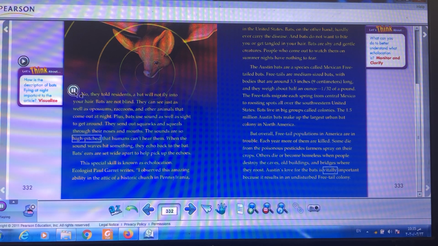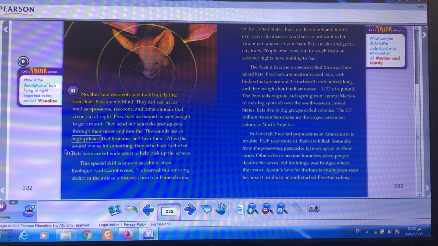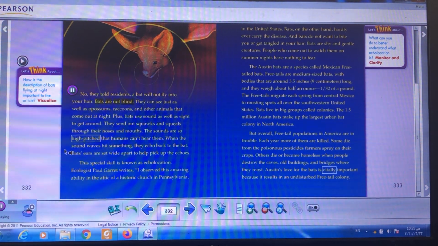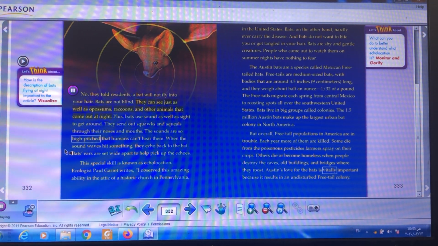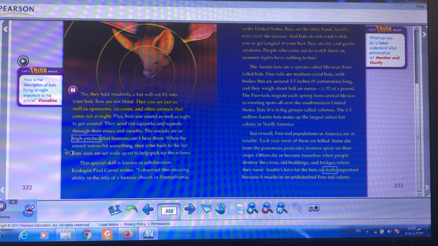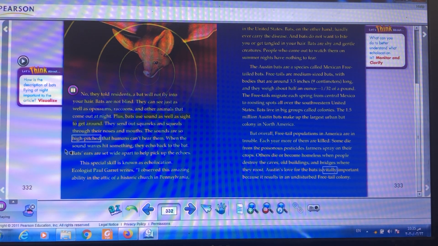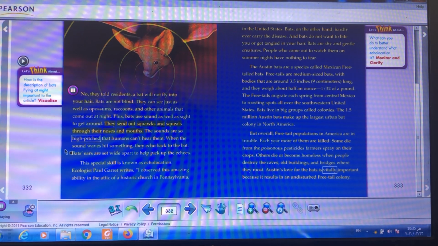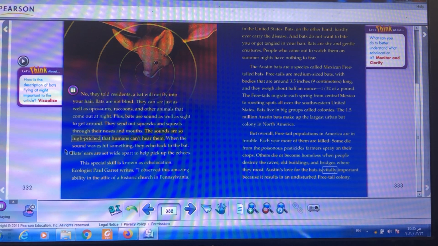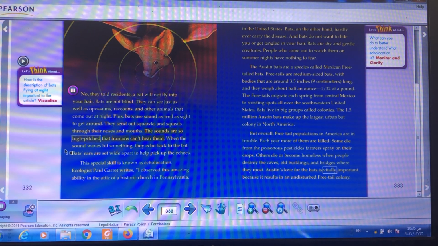Okay, listen. They told residents, a bat will not fly into your hair. Bats are not blind. They can see just as well as opossums, raccoons, and other animals that come out at night. Plus, bats use sound as well as sight to get around. They send out squawks and squeals through their noses and mouths. The sounds are so high-pitched that humans can't hear them.